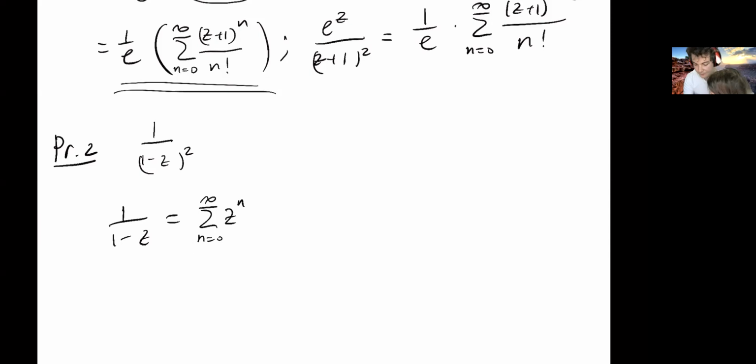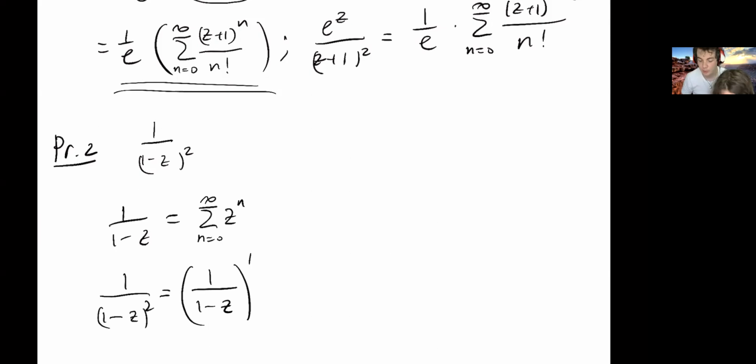And then we realize that 1 divided by (1 minus z) squared, and this is actually the most important thing in the problem, is to realize that we don't need any minuses. 1 divided by (1 minus z) squared is the derivative of 1 divided by 1 minus z. There is one minus coming from differentiating the denominator, but then there's another minus coming out of the chain rule here, and so in total there are no minuses. Okay, so we need to differentiate the series,